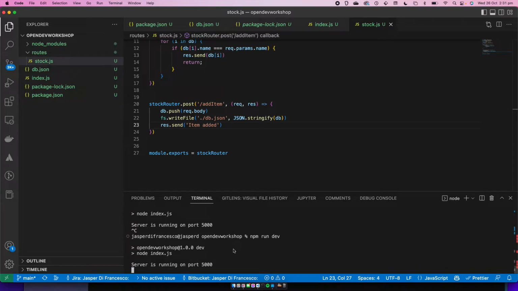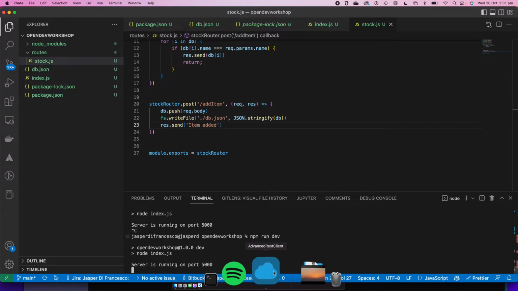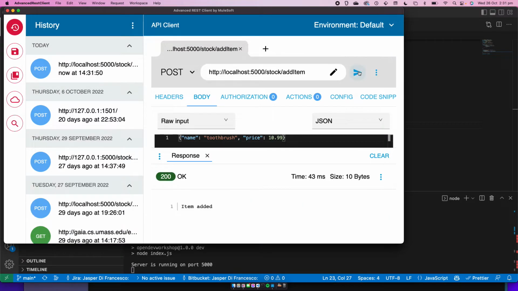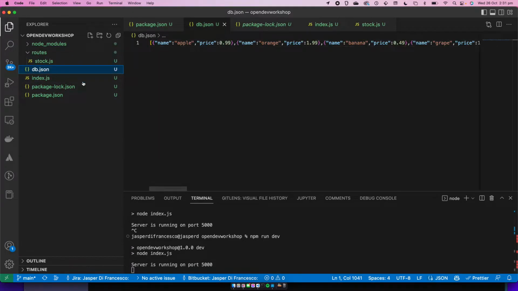Needed to run the web server. There we go. Now we've added in our post request. It should be okay now. Back to our REST client, and we'll post it again. And we get back that response, item added. Lovely. Now we have a look in our db.json file, and if we go right to the end, then we'll